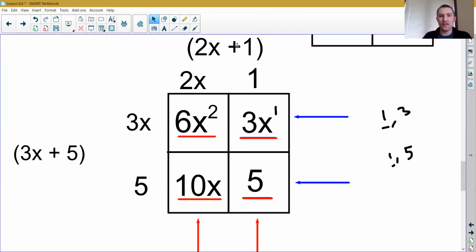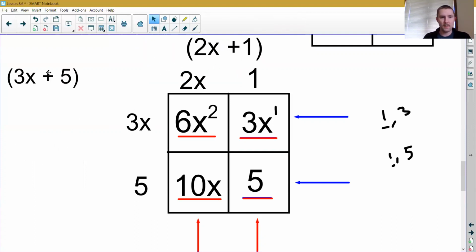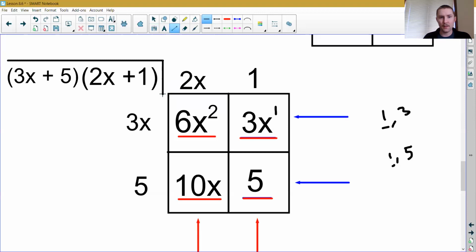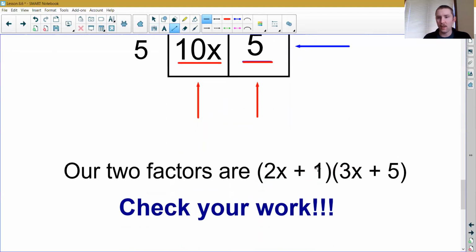And now my window method is complete. This from the 3x and the 5, and this from the 2x and the 1, that's my factored form, okay? That is the final answer for factoring this quadratic trinomial. It's 3x plus 5 times 2x plus 1, okay? This is my final factored form. Our two factors are 2x plus 1 and 3x plus 5, okay? They come again from the greatest common factor of the rows in my box and the columns in my box,